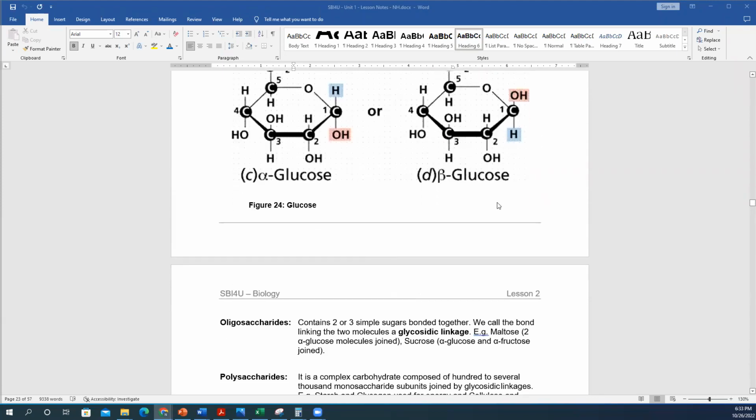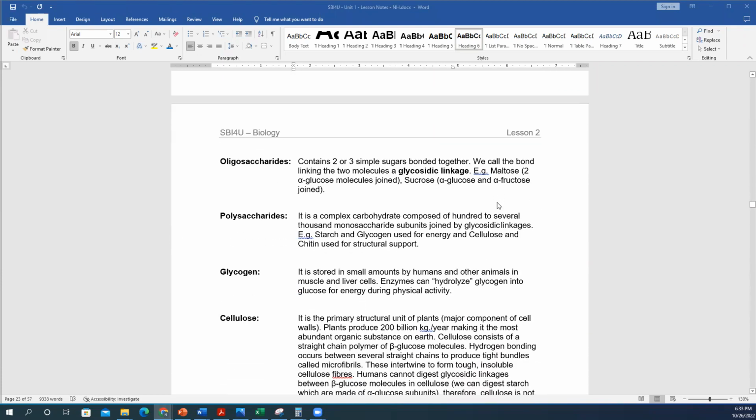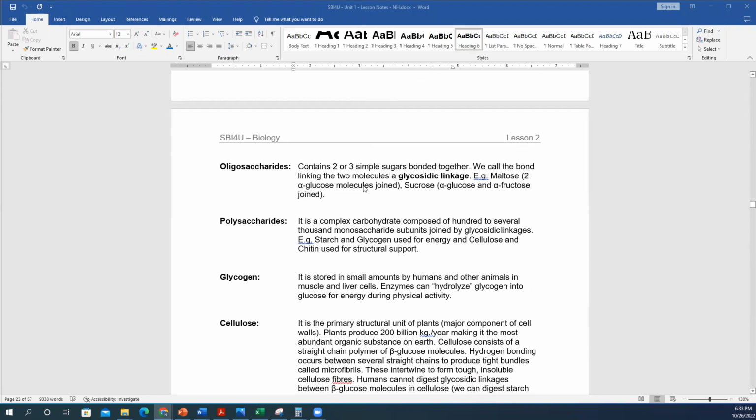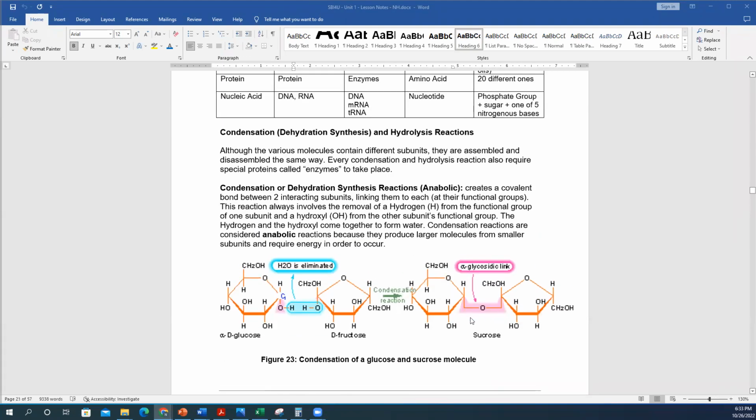We've already discussed a little bit about carbohydrates and their monomeric units. Oligosaccharides are two or three simple sugars bound together. Polysaccharides are several hundred to thousands of these monosaccharide units joined together by glycosidic linkages, that type of linkage that we talked about up here. That's a glycosidic linkage